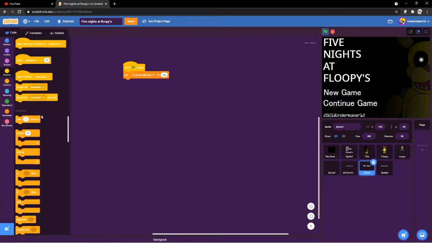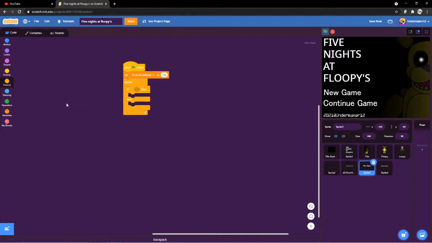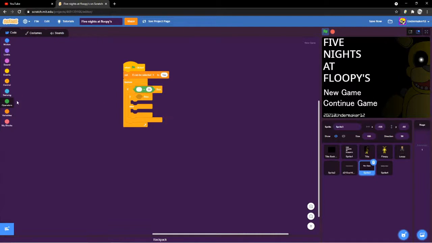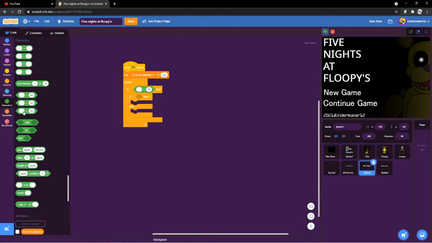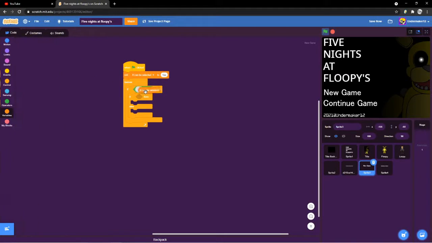So then we want to grab a forever statement and an if else statement and an if statement. If, okay, now we're gonna grab an equal from operators. I'm sorry if I'm going a little too fast. So then we can grab the variable here, if can be selected equals yes,